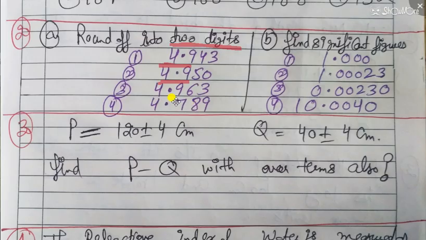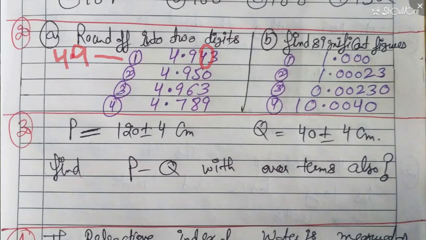So the students who have sent me the answers with 4.94, they have to clear it that there are 3 digits. These are 3 digits, and here it has 2 decimal places. So if I said that round off to 2 decimal places, then this will be the answer. But I have given the question that round off to 2 digits, so that means the answer will be 4 point something, one digit after the point. So now I am taking this question number 1, its answer will be 4.94. So 94 means the value is less than 5, so its answer will be 4.9 in the first case.